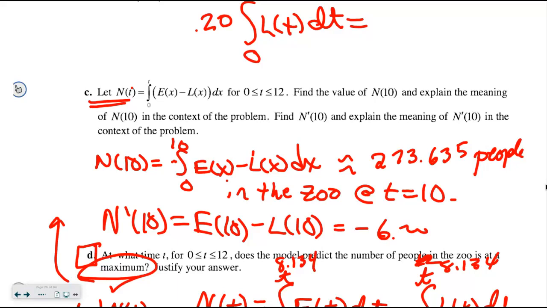We're done. So your assignment is to finish the other half of this. There is a key though. The most important